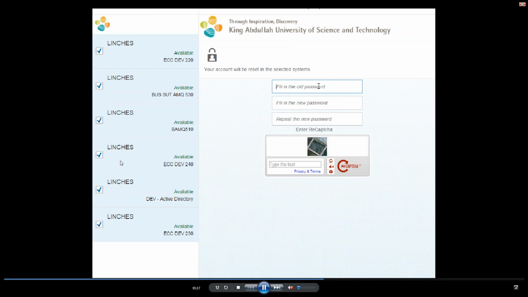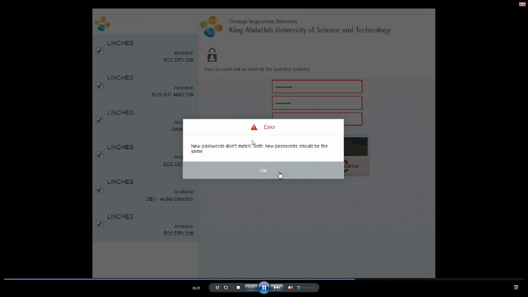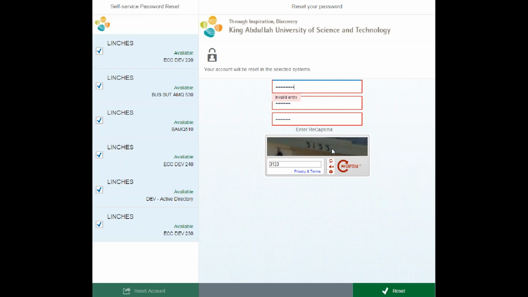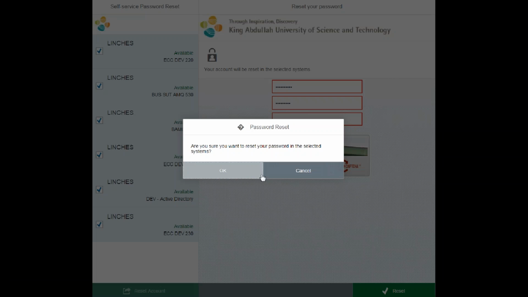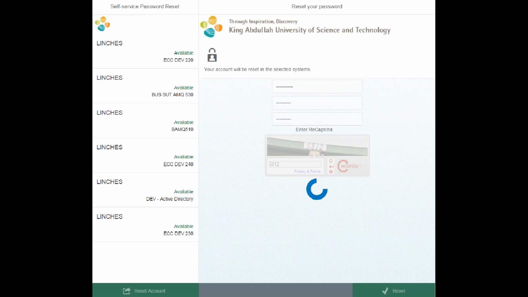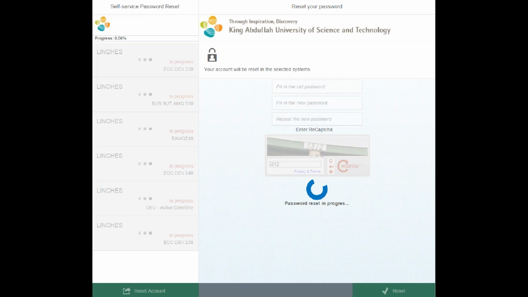Now I'll show you the standard password change process. Here again we can select only from the systems available for the logged in user, and we can input the old password and set up our new password. Here we have some validation rules, and after the password change process is started, we can see the progress from our UI.